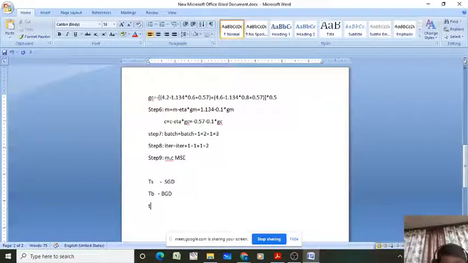And TM is the total time taken by MBGD, the mini batch gradient descent optimization method.